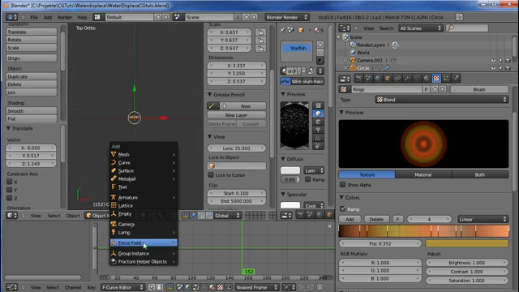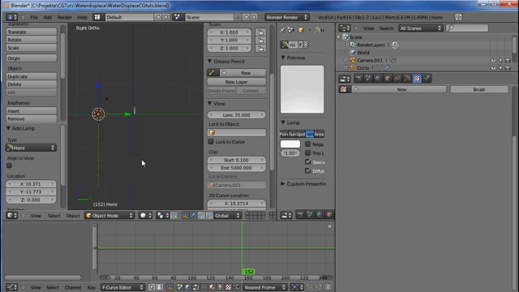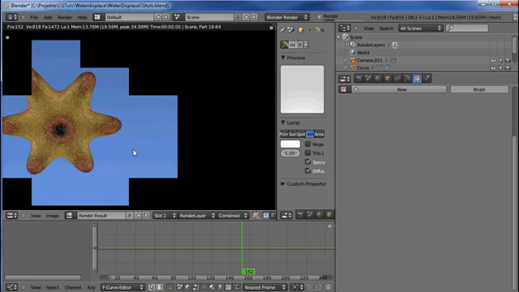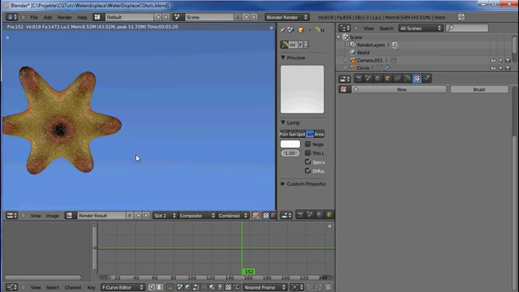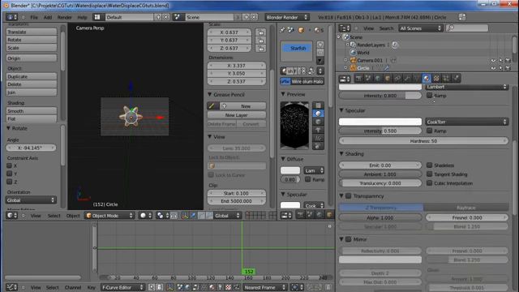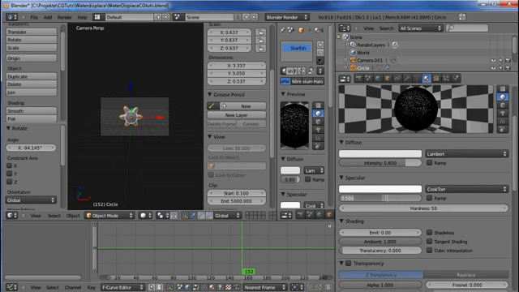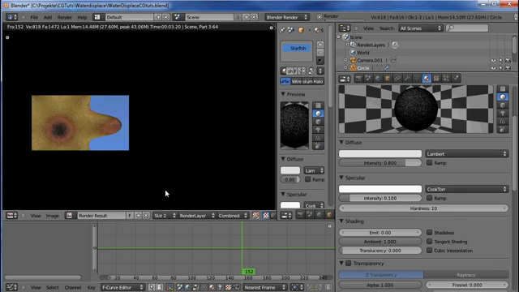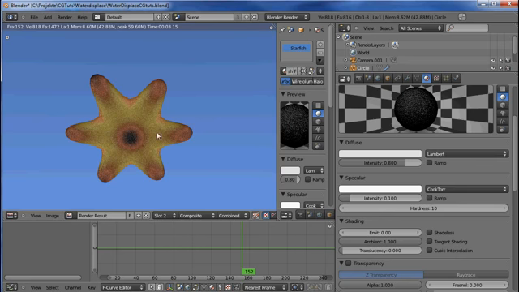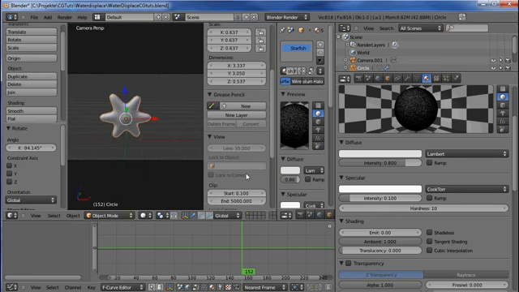Let's just check how our rings are looking right now. And to test, I always like to have a lamp hemi. It renders fast and you don't need to worry about even lighting. Okay, there we go. Looks like a very wet starfish, but that's okay. Let's put the intensity down to 0.1 and the hardness to 10. That's my sort of standard setting for organic stuff. And there you go. That looks like a starfish from underneath, but